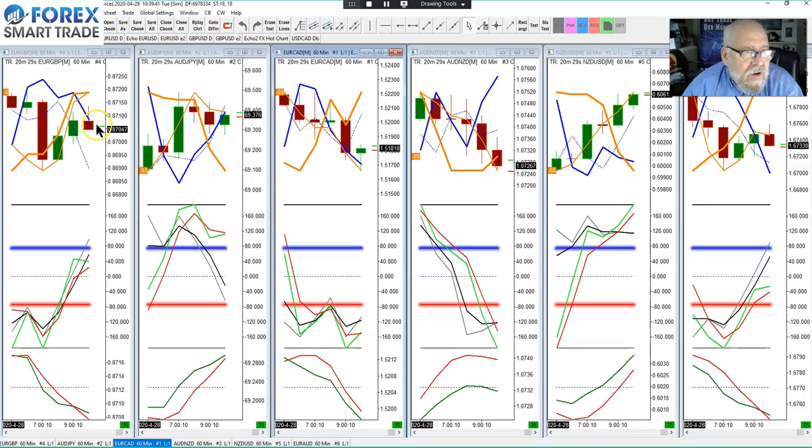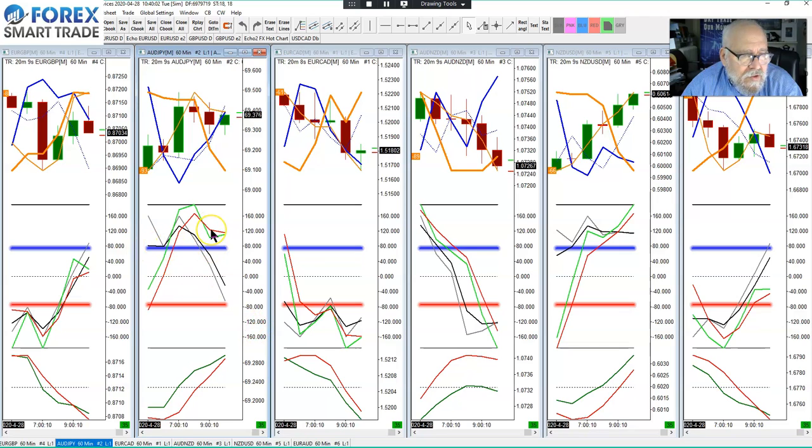And now these are some pairs that don't have the US in them. Euro pound, I'm in the middle of the channel, neither overbought or oversold. Australian dollar yen, I am overbought. The majors are overbought. Minors have already started to go down into the trend, but these guys are pointing up still. And here you can see that the minors kind of got faked out. They thought things were going down when they were really going